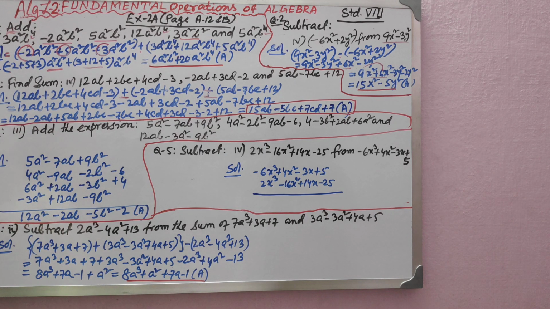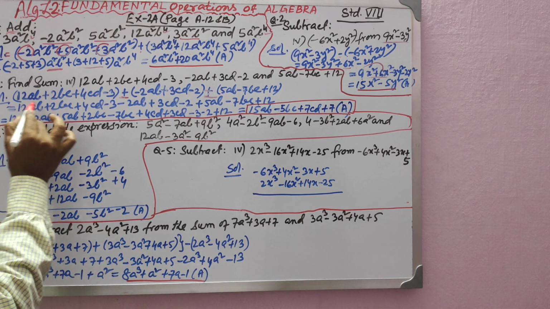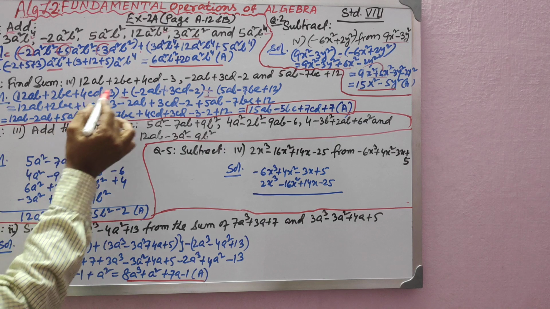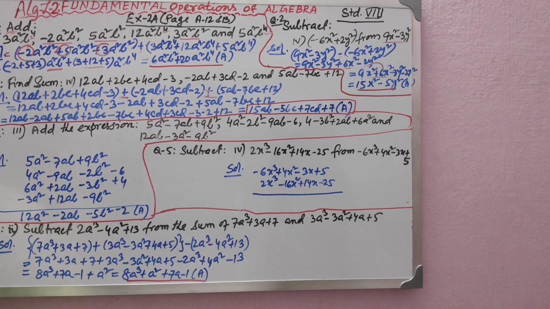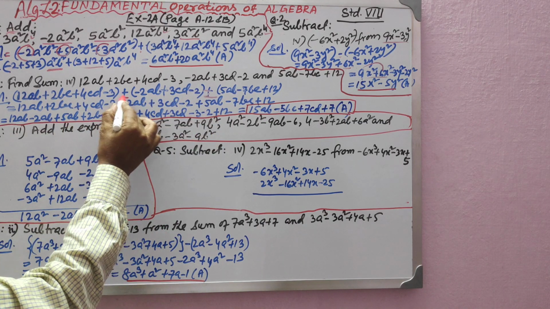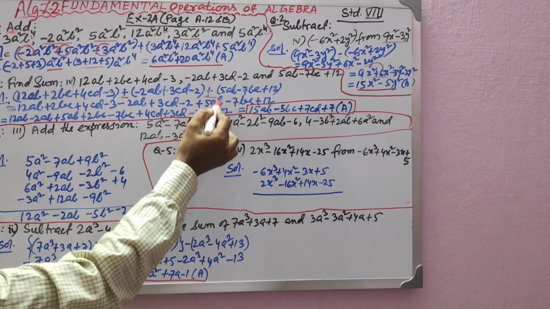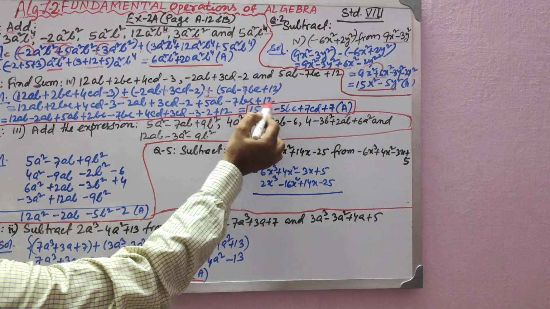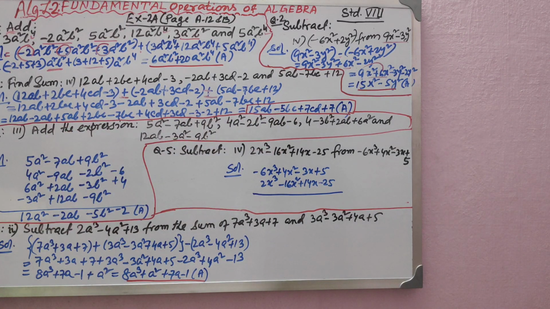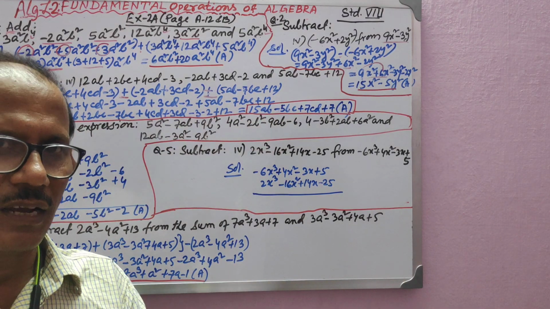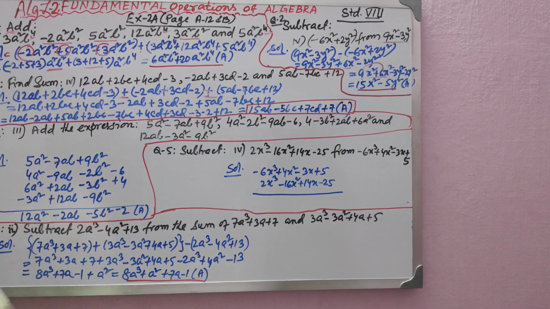Now remove the bracket. If you do the horizontal method, first you remove the bracket. That will be better. So see, if it is a plus sign, or whatever sign the term was having, the same it will carry. So minus 2ab, plus 3cd, minus 2, plus 5ab, minus 7bc, plus 12. Second line. Now what is your work? Like term picking, and separating all the like terms with the proper sign.